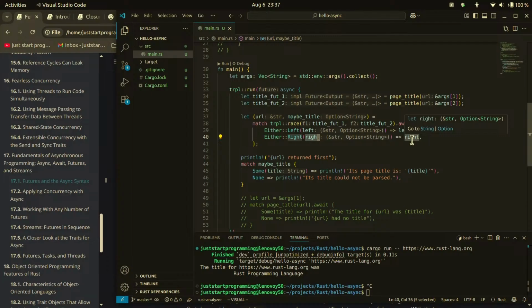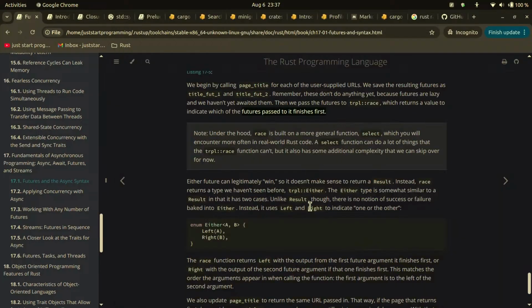Left and right contain a string slice and option, because of the page_title. It's a tuple. Okay. Where are we? Here. So it doesn't make sense to return a result. Instead, race returns